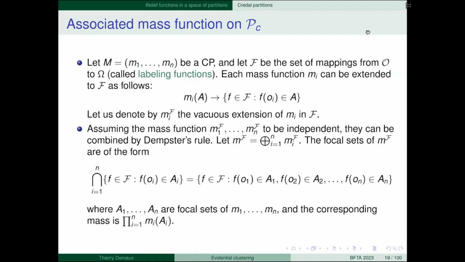So I can do this for all the functions mi of the Credal partition, and I get the same number of mass functions, but this time defined on F, the set of labeling functions. Then here I will make the assumption that the mass functions m1 to mn are independent. And here it's more plausible than in the previous case, because here you can make a judgment of what is the cluster for object 1, for object 2, and so on.